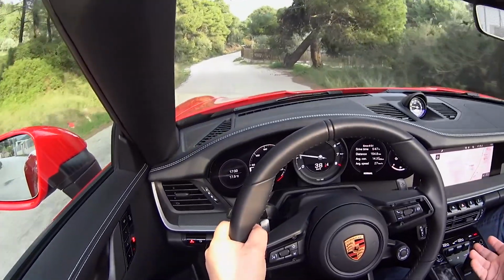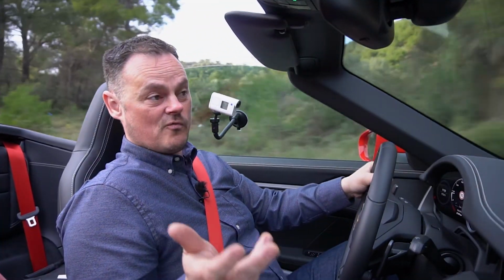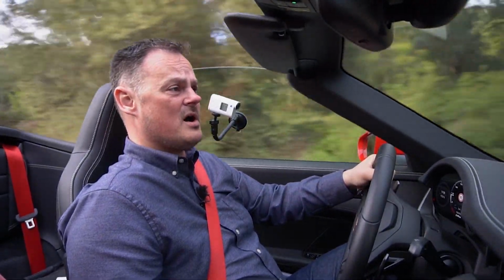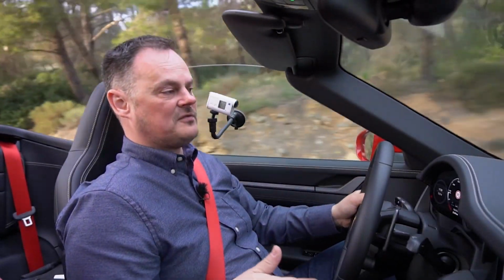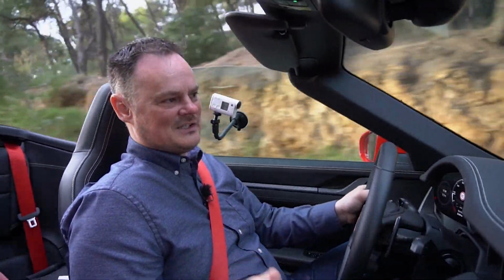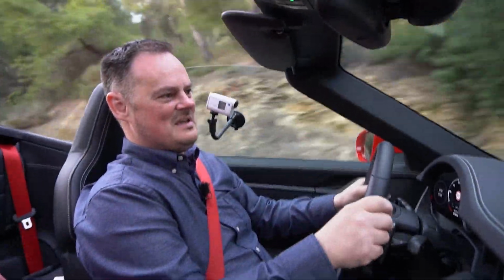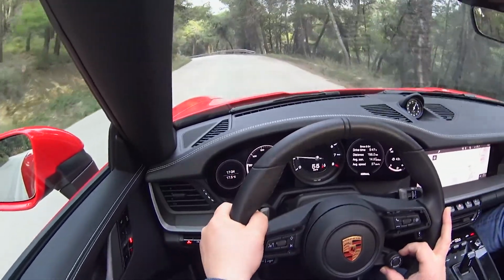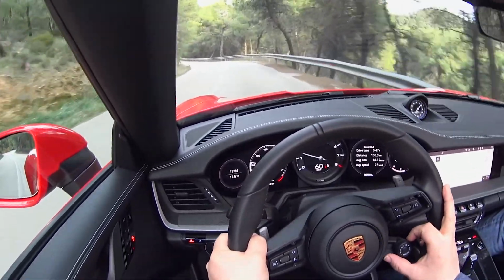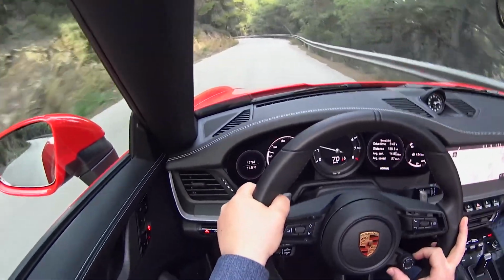Again, we're in standard mode. Everything is completely comfortable, nobody's being distressed. The road noise, which I'm sure you can pick up on the mic, is actually very good, and we have taken this on some slightly faster roads. It maintains its nice characteristic throughout. But as soon as you're around a couple of those bends and you want to find out what happens when you want to up-rate your driving a little bit, well,